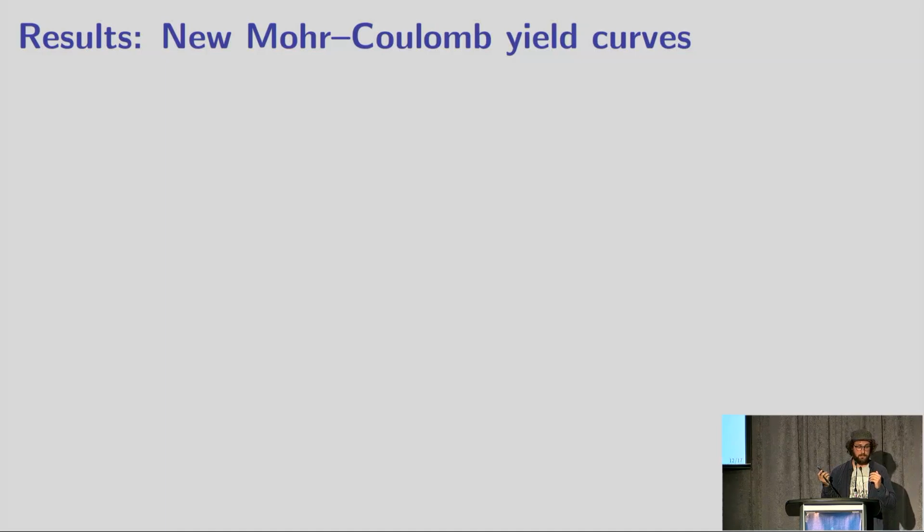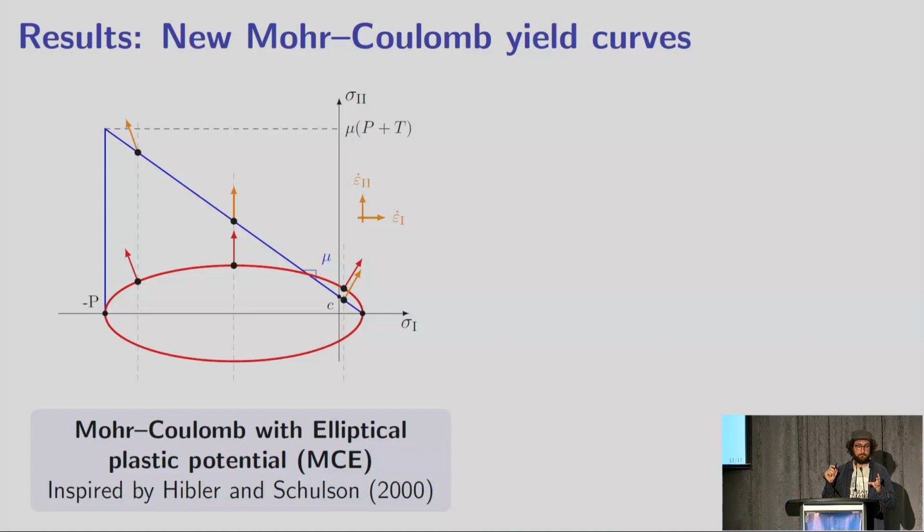So we got inspired by a paper by Hibler and Schulkes in 2000, where we use a Mohr-Coulomb yield curve with an elliptical plastic potential that defines the flow rule. So we're going to have a flow rule that varies continuously between divergence, going through shear, and then going to convergence. And so we have a plastic flow rule that's defined for every stress state on the yield curve. We can also use